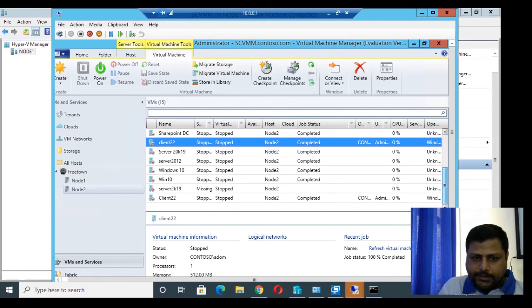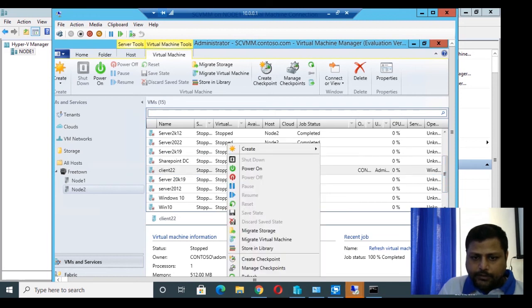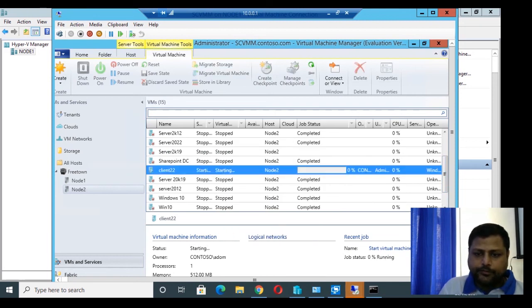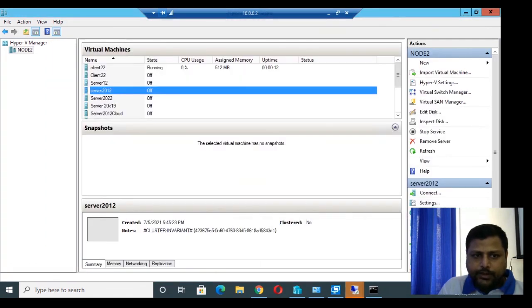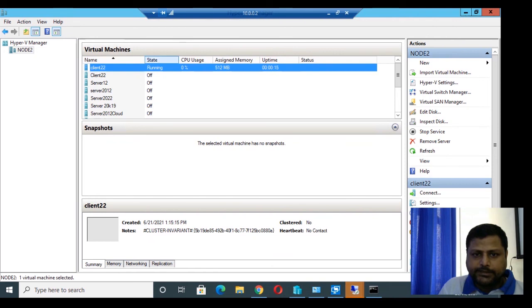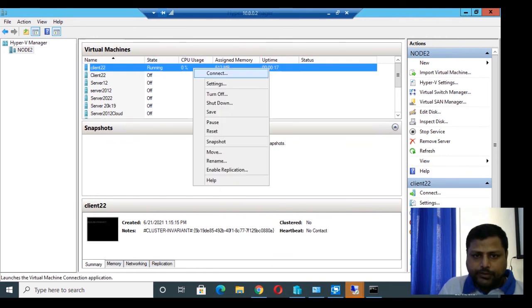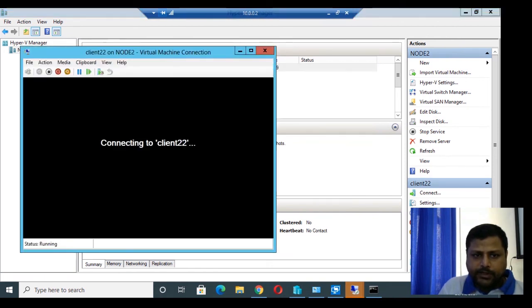Now we can start this system, and we can also check whether it is able to be accessed or not. So now we can power on this system from here, it will be powered on from the virtual system that is in the cloud structure, and in node 2 client 22 is started. So if I want to check that node 2 client 22 has started, we can go and check here. So you can see that it is connected. And if I want to check now, you can see it has been displayed also. So it will connect also.